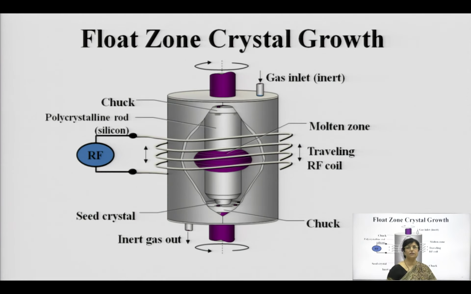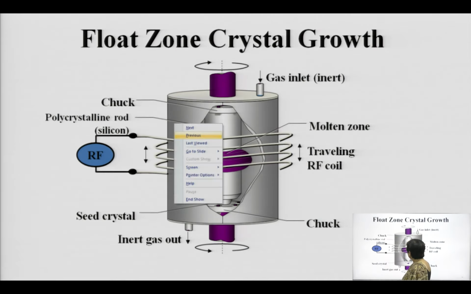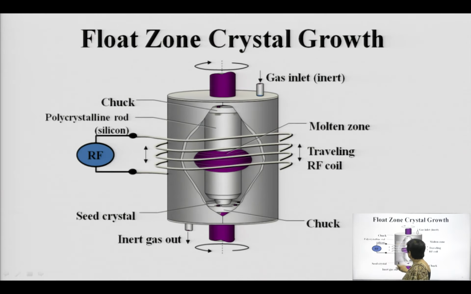Another process in this crystal growth is the localized heating process, which is known as the float zone crystal growth process. Now, instead of a crucible, in this process we have RF electrodes which are heating the polycrystalline ingot. This polycrystalline ingot is locally heated. You are creating a molten area, and you are touching the seed crystal to that molten area, and again the pull rate and the segregation coefficient and